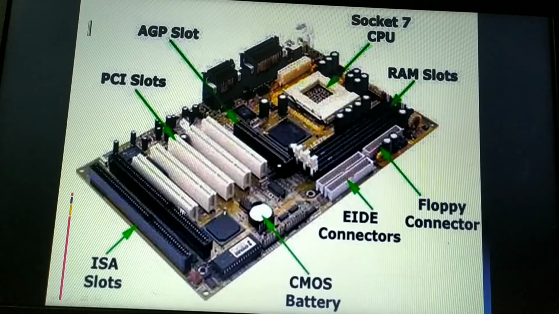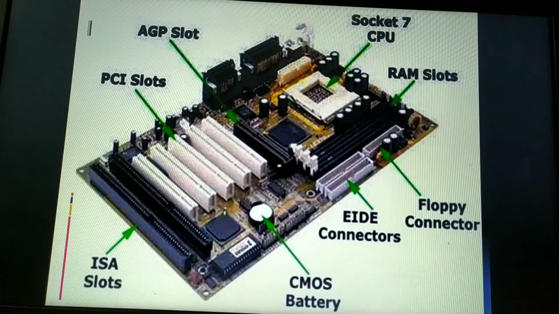Now this is a slot, this is a slot. These are the slots that are placed on the printed circuit board, that is onto the motherboard. And all these slots are commonly called expansion slots.